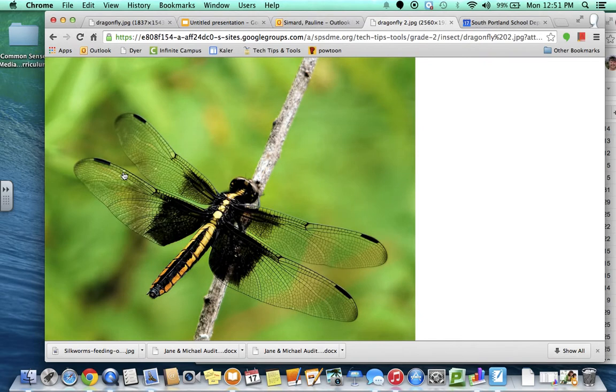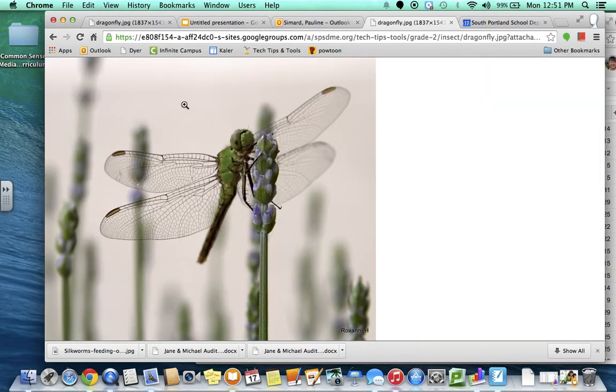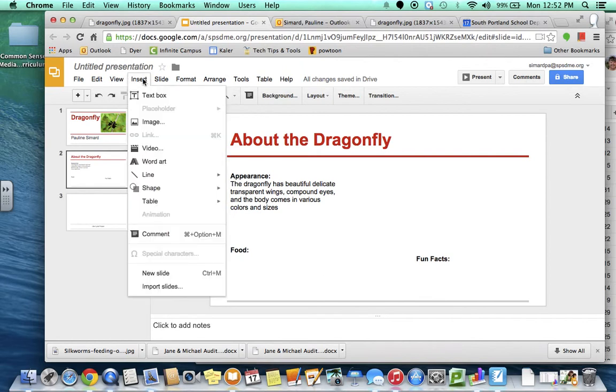So I'm going to click on the second, this dragonfly image, and this is the URL address. So I'm going to click inside the box, and now I'm going to press Control C, those 2 buttons at the same time, to actually copy this URL address. I'm now going to go back to my slideshow, and now I'm going to select Insert, Image,